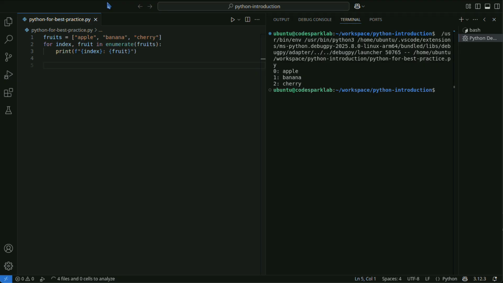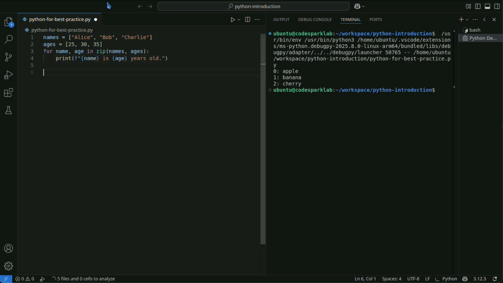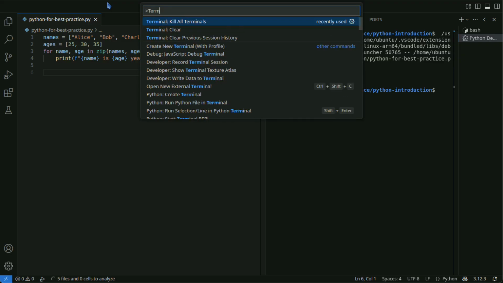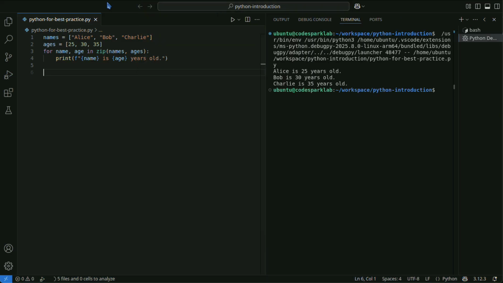Let's look at an example using zip. Using zip, you can iterate over multiple lists simultaneously.